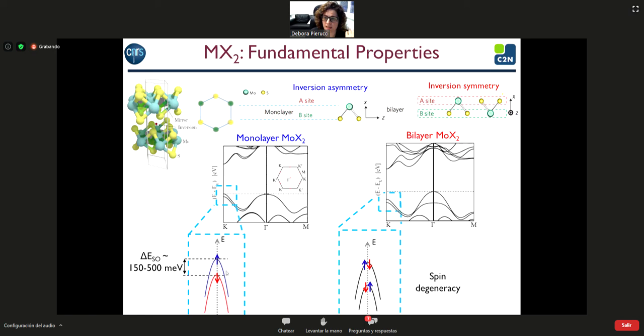So we have spin polarized bands with an out of plane spin texture. On the contrary, in the case of the bilayer, the bands are split but are spin degenerate due to the presence of this inversion symmetry. At the gamma point of this system, the bands are spin degenerate, but due to the sensitive nature of the orbitals, here they are out of plane orbitals that form this band, and are very sensitive to the interlayer interaction. We have this splitting of the band when we increase the number of layers. And this is very nice because it is very useful to recognize, when we are looking at the electronic structure of this material, if we are looking at a monolayer or a bilayer.